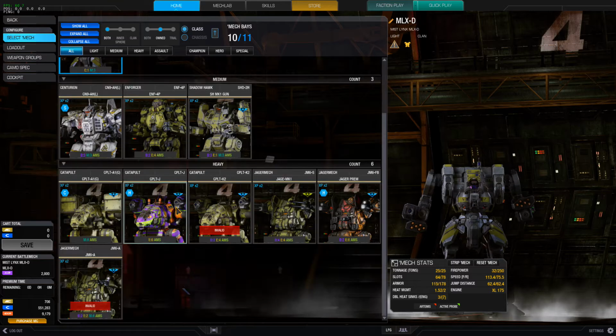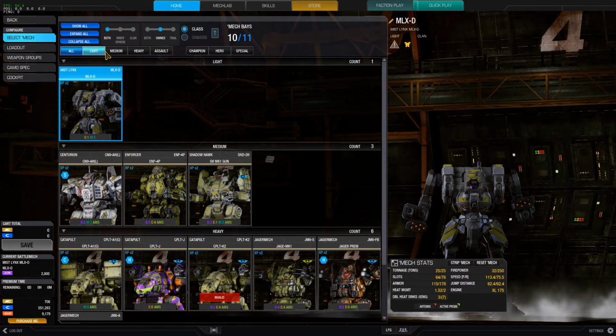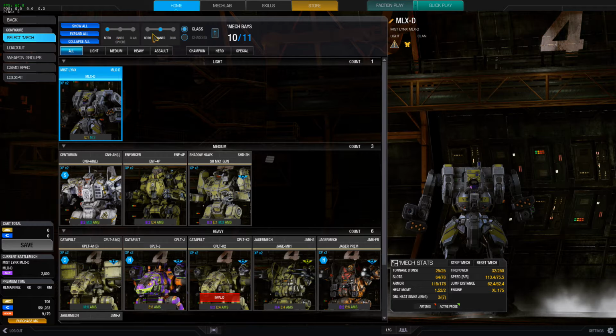First of all, you have different classes: lights, mediums, heavies, and assault class. These are all defined by their weight class, which is their tonnage. So if we actually look into, let's see, if I go show...